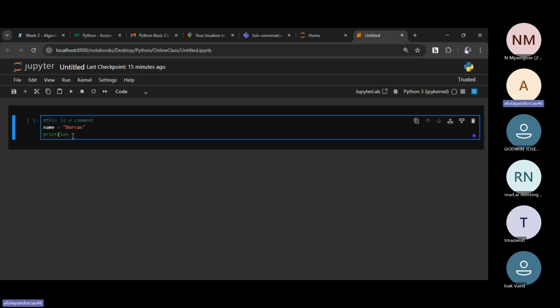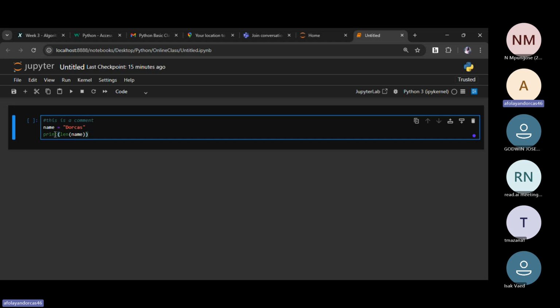There's a method called length. It gives us the length of the text that we have, like if we count each alphabet in that particular string that you provided. So let me just say name now. I want to get the length of name, then I'll close it.